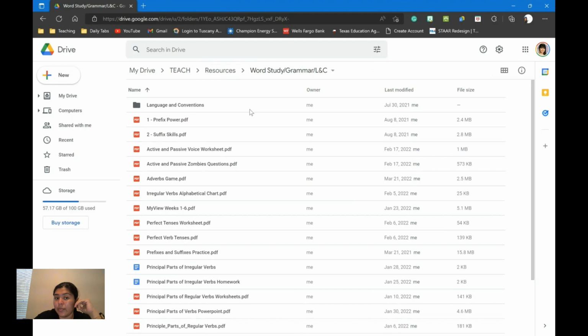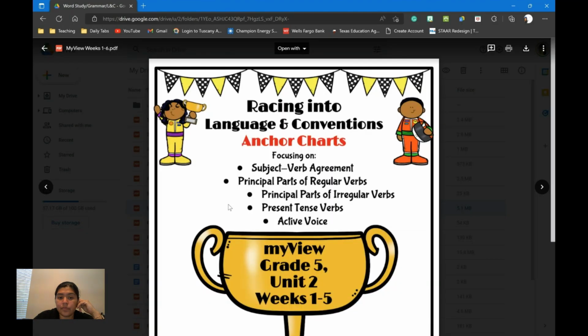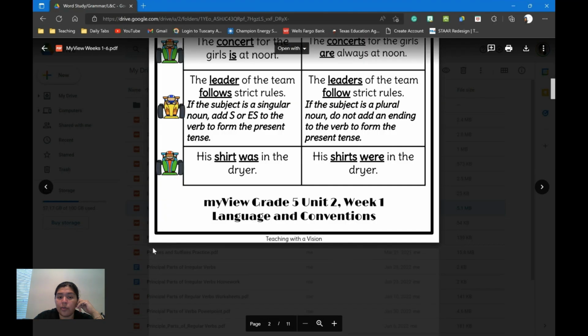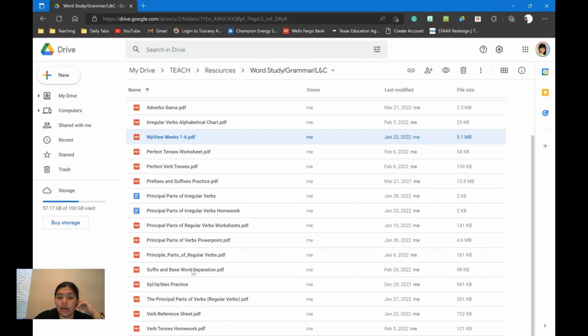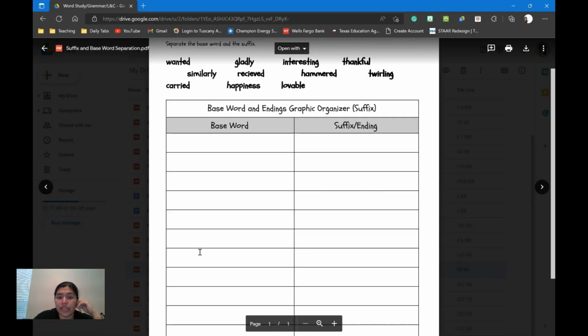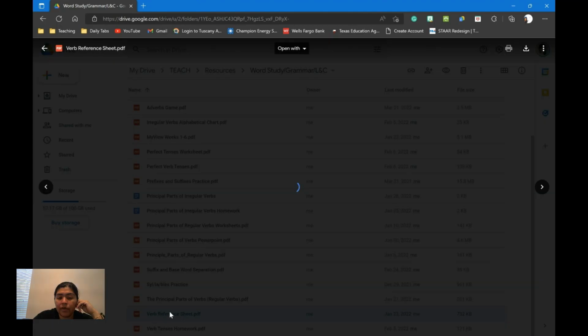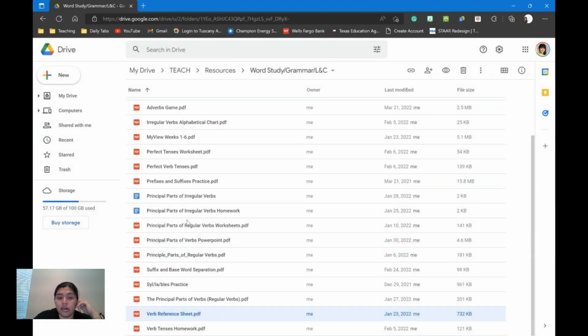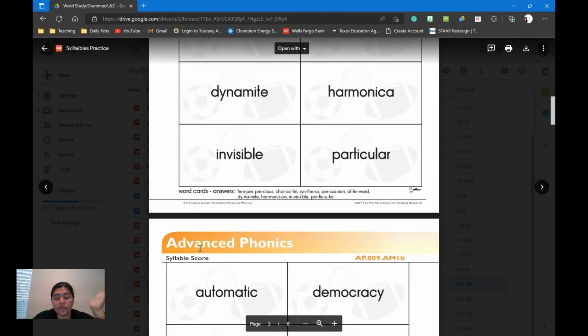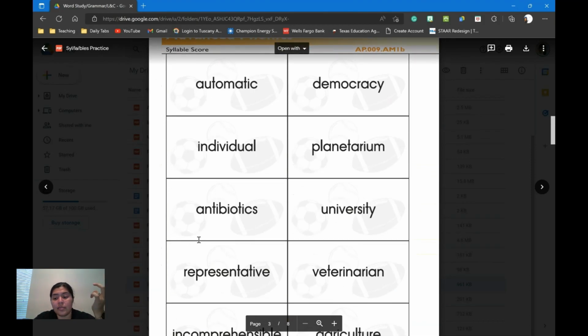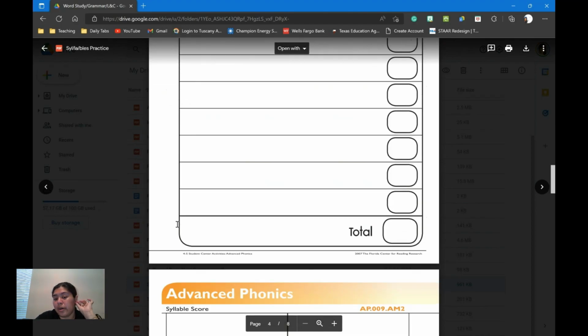The only thing you have to buy, but I just get 3 worksheets per day. I mean, just a whole bunch of random stuff: singular noun, plural noun, all kinds of things, suffixes and base words, verb reference sheets. Syllable practices. I really like this for syllable practices. Again, this is for fifth grade, so not younger kids like cat, but this is for sure a lot more advanced